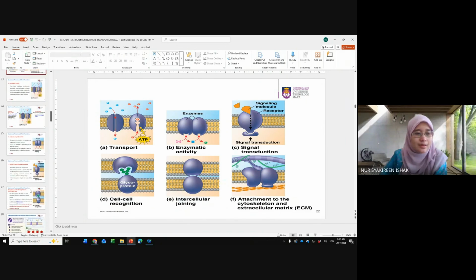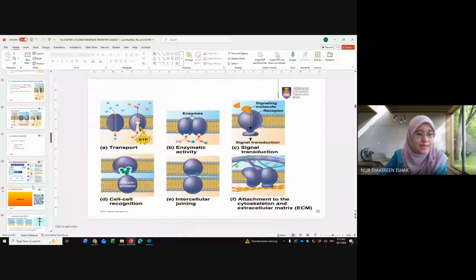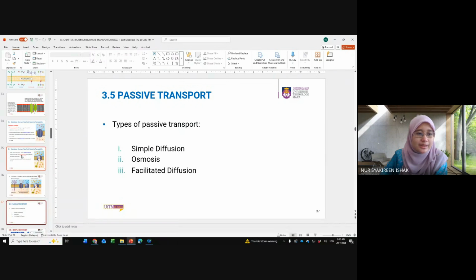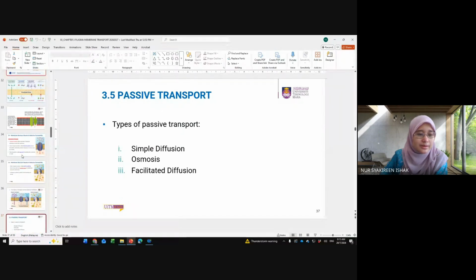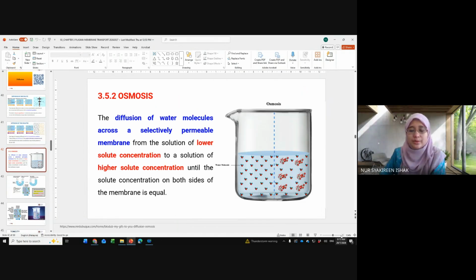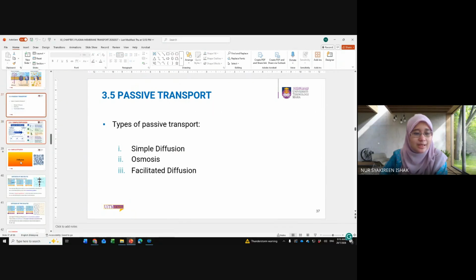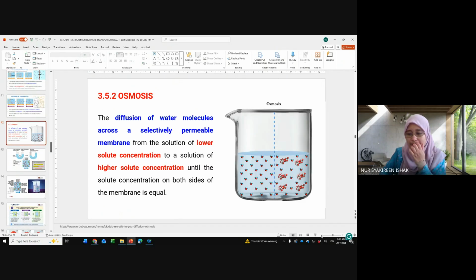Okay. So we also looked at the concept of simple diffusion. Okay, and now we are going to look at the concept of osmosis. Okay. So osmosis is also part of passive transport. So for passive transport, there are three that we are going to look at. We have done the simple diffusion. So there is the osmosis and also facilitated diffusion. Okay, so let's look at the